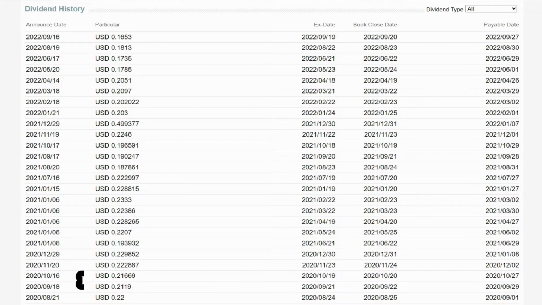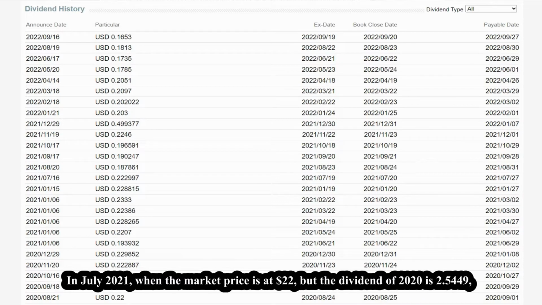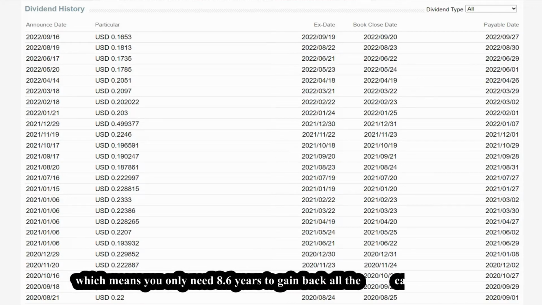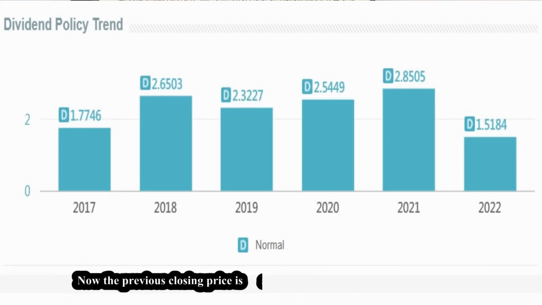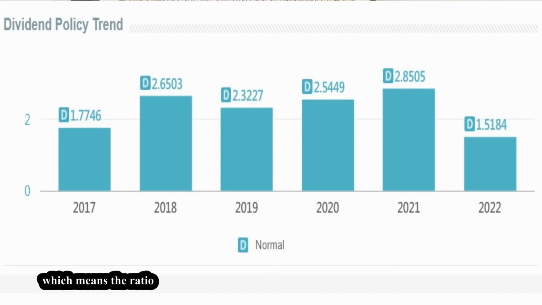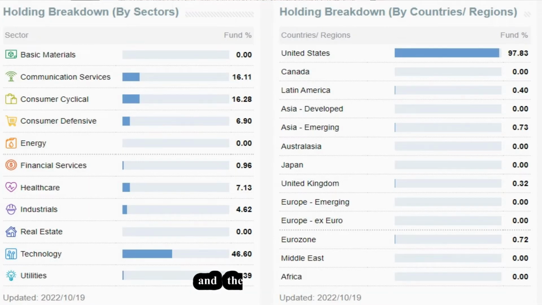of US dollar 20 cents. In July 2021, the market price was $22, but the dividend of 2020 was $2.5449, which means you only need 8.6 years to gain back all the capital you invested, and the rest inside your account is totally profit. Now the previous closing price is 16.13, and the dividend of 2021 is 2.8505, which means the ratio is 5.65. So in less than 6 years,